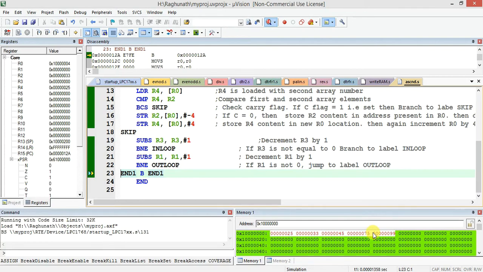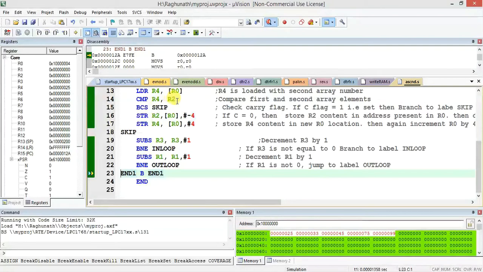The same program you can convert into descending order by changing BCS, branch carry flag set. Instead of branch carry flag set, you can write branch carry flag clear, or you can do it by changing the comparison.